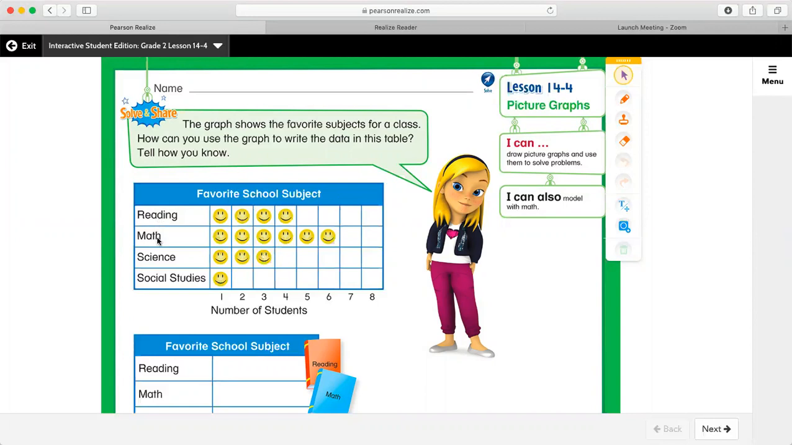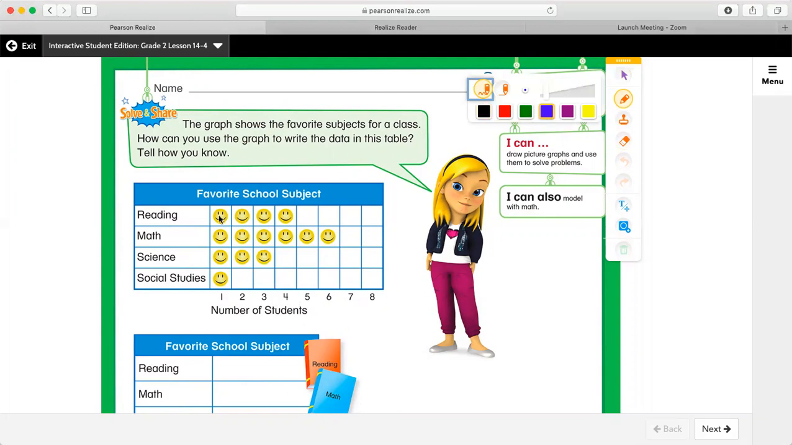And then we have our four subjects: reading, math, science, and social studies. At the bottom, we have the number of students, and we have the numbers 1 through 8. Again, for some reason, when I screen share with you, I can't scroll down, but you do have a table in front of you with reading, math, science, and social studies. So what we're going to do is look at the picture graph, and figure out how many students like each subject. We'll start with reading,